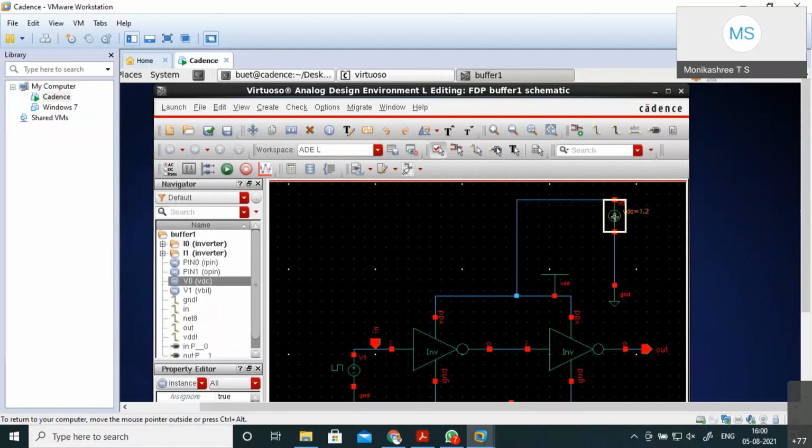If you click on that VDC, that line is touching the other line.